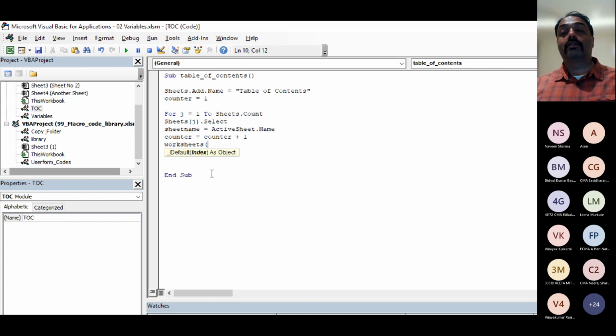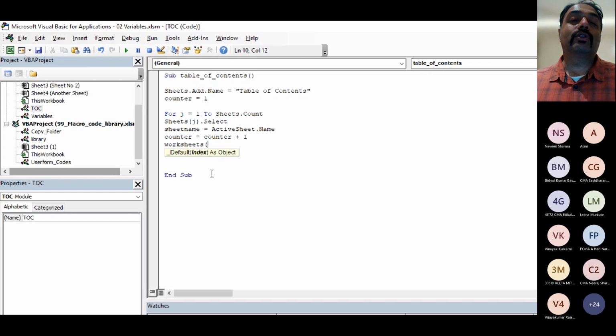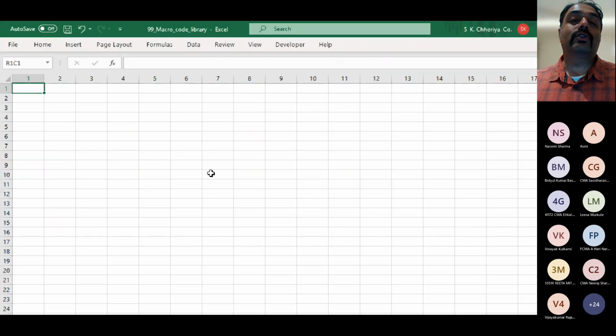Worksheet function, like you have an argument. It's a single argument thing. Just need to give the index. Which worksheet are you talking about? So I'm talking about